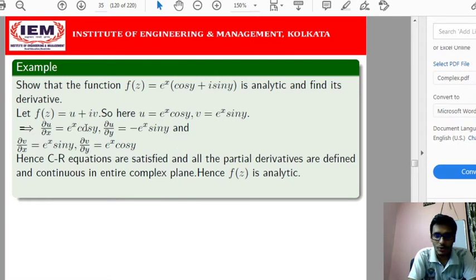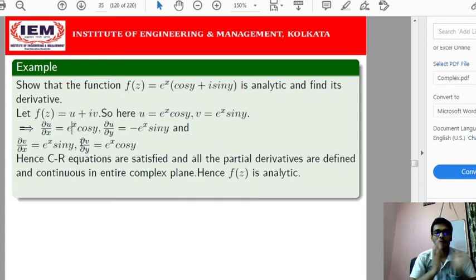And you know that e to the power x and cos y, both the functions are continuous in the two-dimensional plane xy. So e to the power x into cos y, the product of the two functions, will be continuous, since we know that the exponential function and trigonometric functions, that is cos y and sin y, are continuous for any values of x and y, so their product is also continuous.